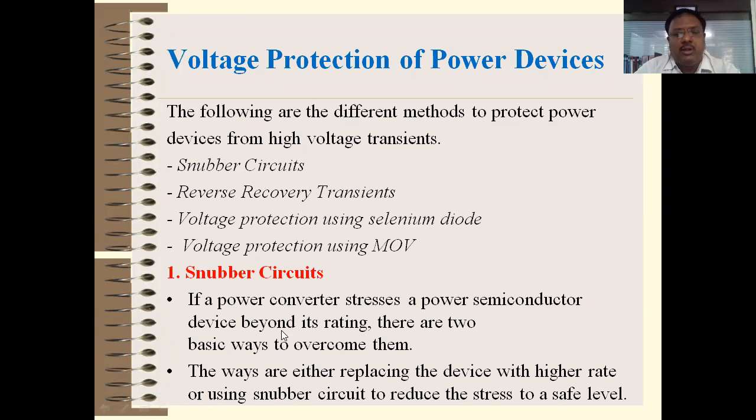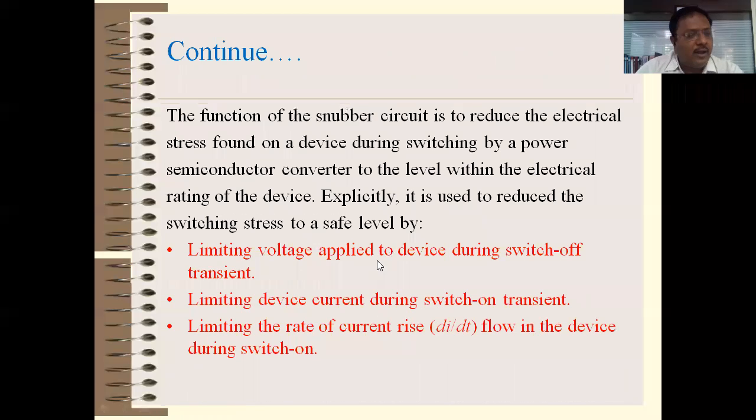If suppose the voltage fluctuation at your home is 280, 290 or 300 volt, then select power devices which can handle voltage fluctuation of more than 350 or 400 volt. So no need to connect any protection circuits. That is the first one, but it is not a good method. And the second one is to use a snubber circuit. So snubber circuit is mostly used to protect the power devices from higher voltage transients.